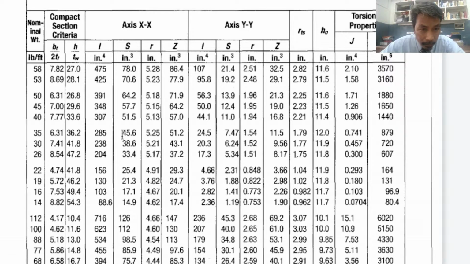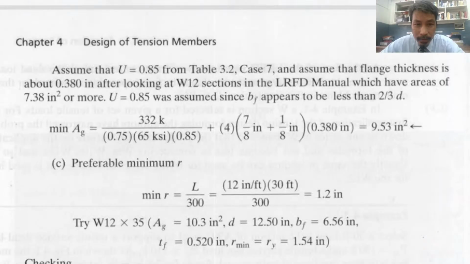Look at the value of r, 5.25 for the x-axis and 1.54 for the y-axis. That's why r_y is referred to as equal to 1.54. Okay? So we are able to confirm the value. And we computed that the minimum is 1.2. So therefore, it is okay. This element can support